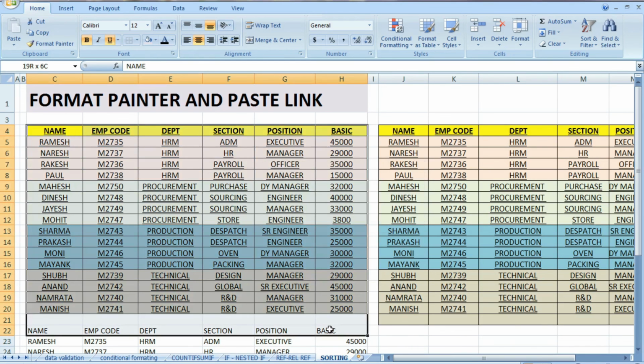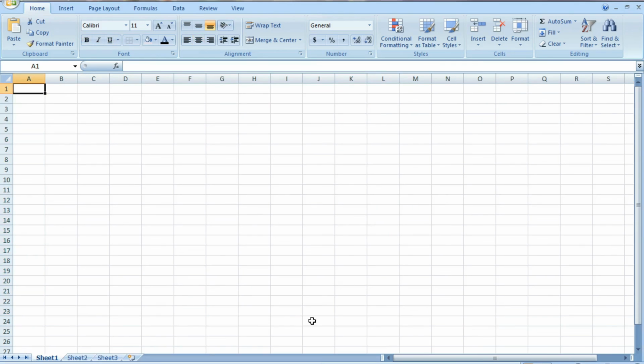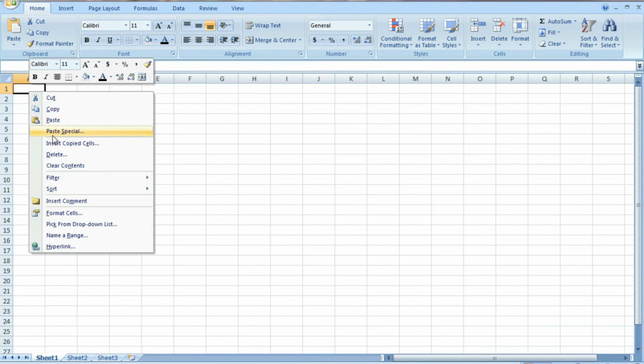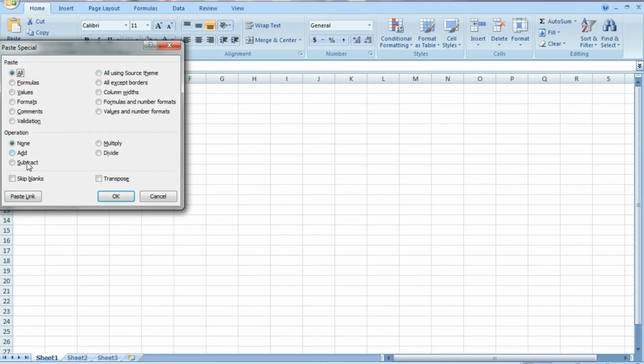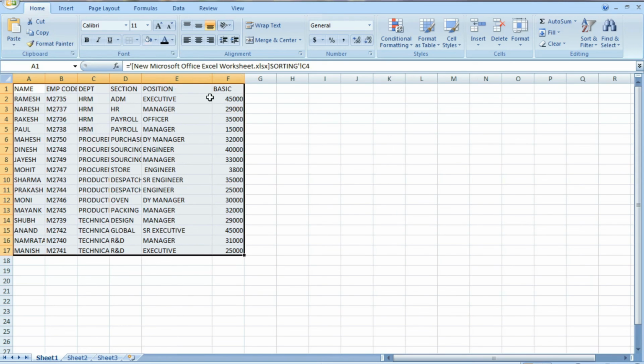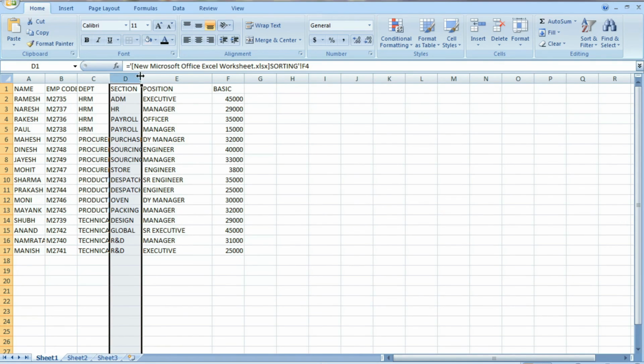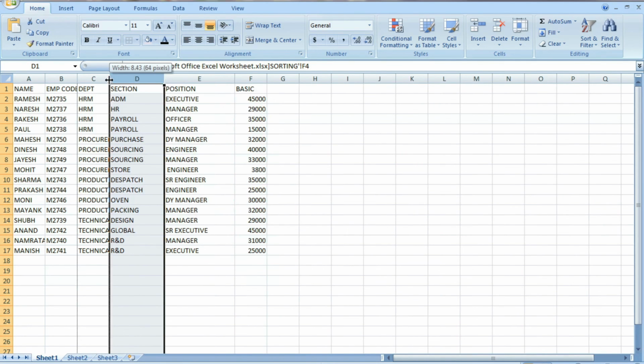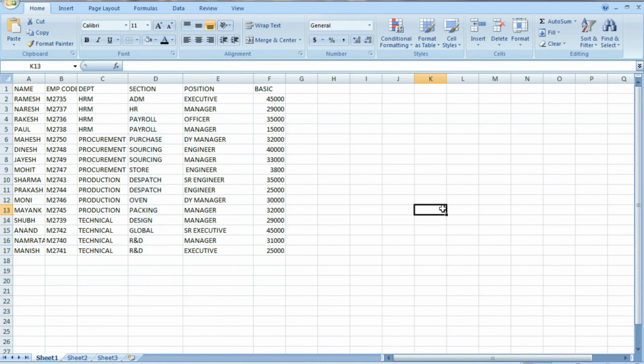So I copy this data to another Excel, Control C, and in another file that is paste special and the paste link. Okay. So now I save this file and close it.